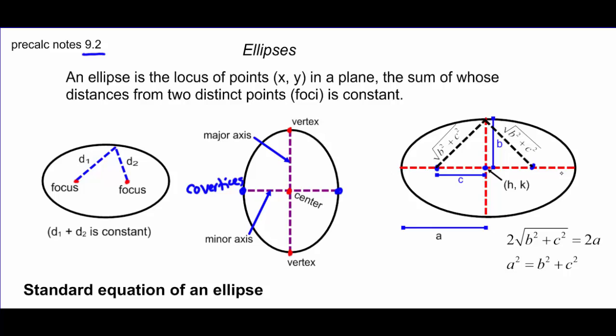This diagram has a lot going on, but the main thing we're trying to point out is the relationship between a, b, and c. a represents half the major axis. b represents half the minor axis. I think of it as the largest radius and the smallest radius, although I'm misusing those terms a bit. And c represents the distance from the center to the focus point. There's a whole bunch of stuff going on here, and you've got some formulas, but let me show you